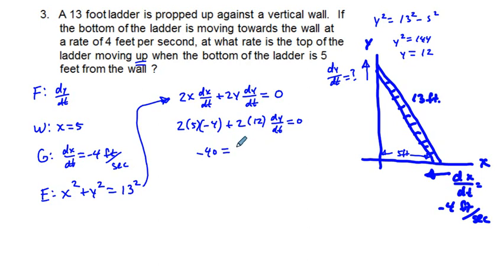So negative 40 plus 24 dy dt is equal to 0, and then adding 40, we'll have 24 dy dt is equal to 40, and dividing by 24,